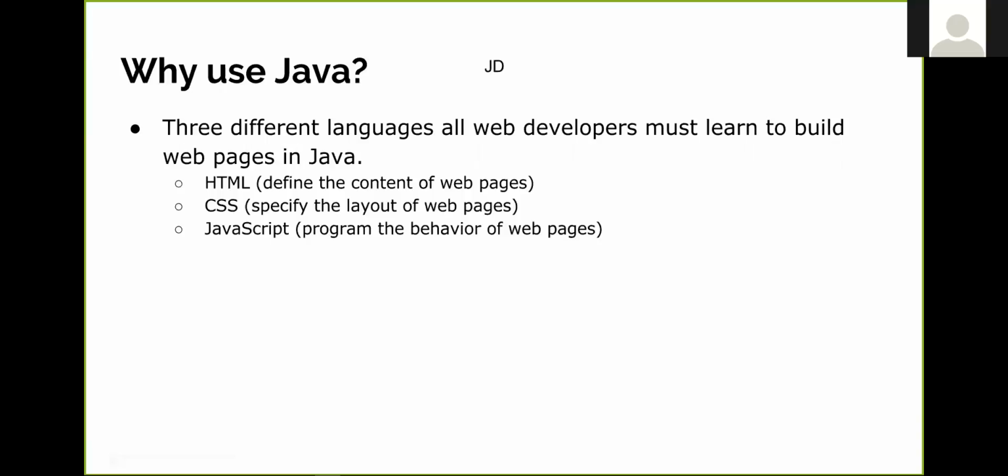Well, Java itself has so many different features and so many different languages that you can use to build a web page. All the web developers who build web pages have to learn 3 different languages. The first being HTML, and that's specifically the content. All the information that's on the web page.